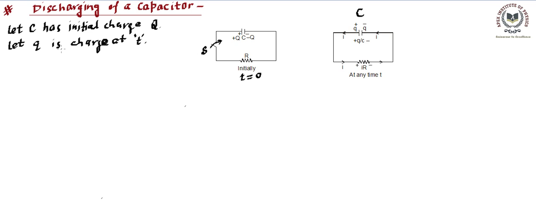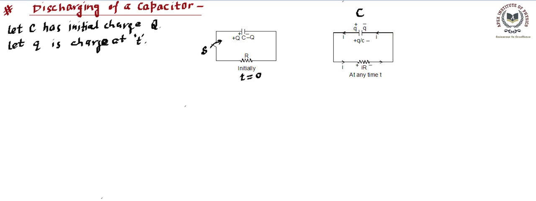Now based on these two points we can go forward and find out how this small q is related to time, that is, how q decreases over time. Since we know small q is going to decrease over time, it will start from capital Q and go down to 0 later on. This decrease indicates the discharging of the capacitor.